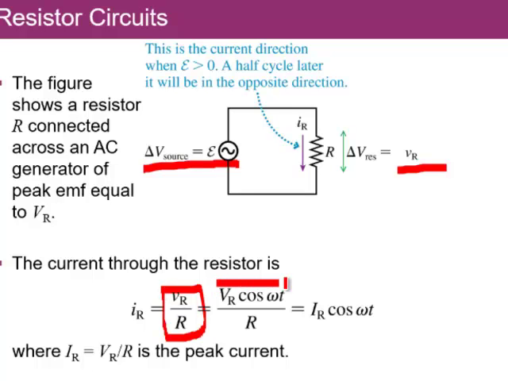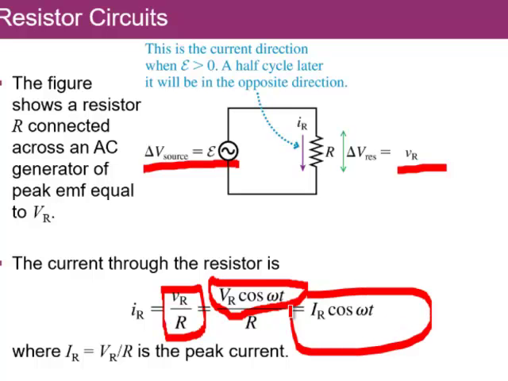Given that the voltage is now a function of time, the current also ends up being a function of time, as you can see here. So in this notation, we use I_R for the peak value of the current through the resistor, and the peak value is going to be the ratio of V_R over R,